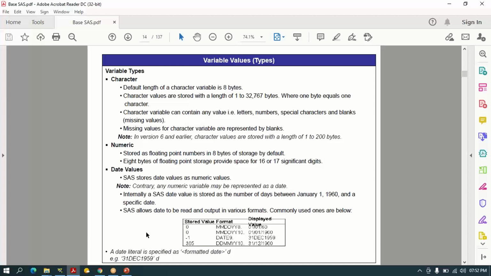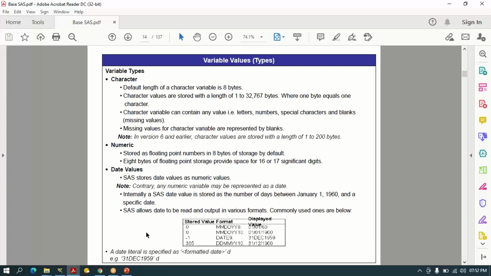So 0 to 9, we call numbers. But other than that, like A to Z and other special characters, we call characters, right? So similarly in SAS also we have two different types of data types. One is numeric and the other is character. Whenever you're reading the data from a file or somewhere, you have to differentiate between the character and numerical. Sometimes character data cannot be read, but if it is a number it can be read. So you have to differentiate between the types of the data,